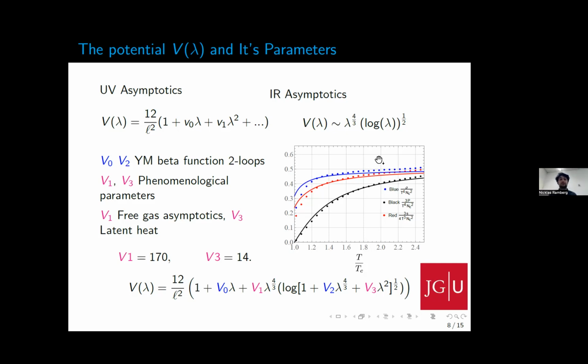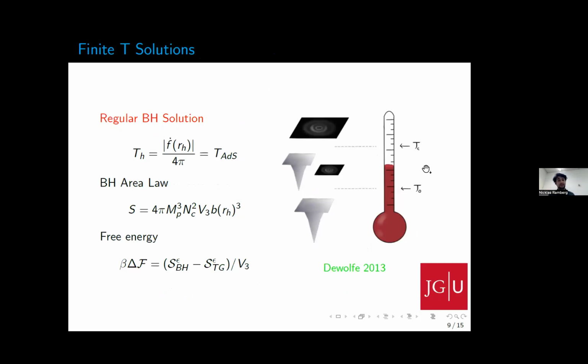However, we also want to elaborate this at finite temperature. And in these pictures, what you end up looking at is that your high temperature phase is described with a black hole, an AdS-Schwarzschild black hole, for the deconfined phase of the Yang-Mills theory. And the low temperature phase, aka the confined phase, is described with a thermal